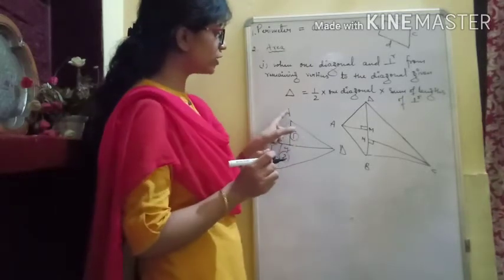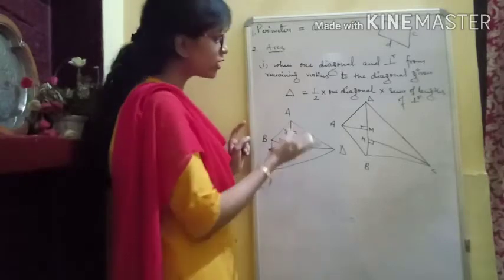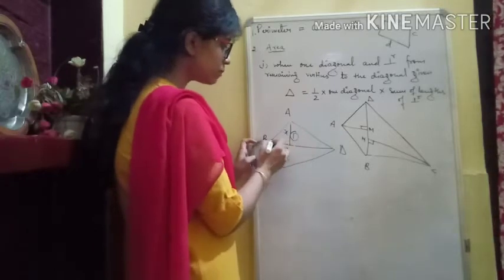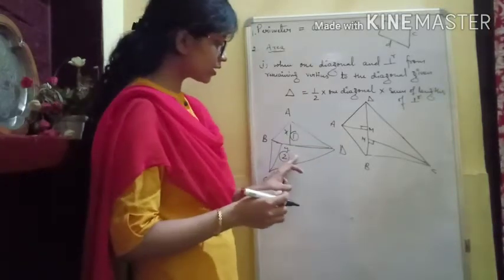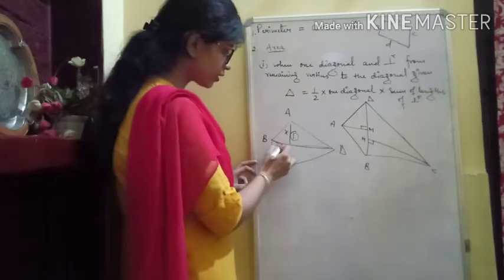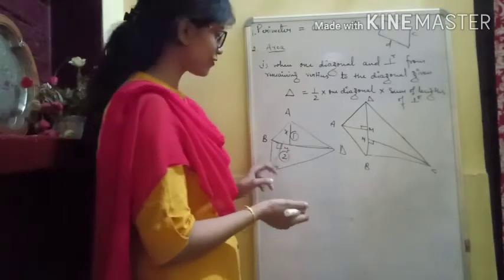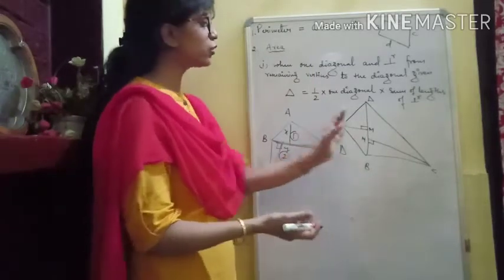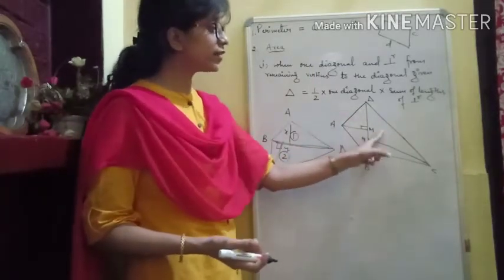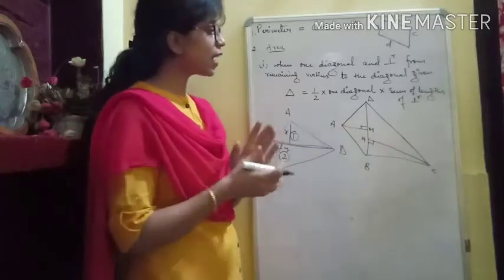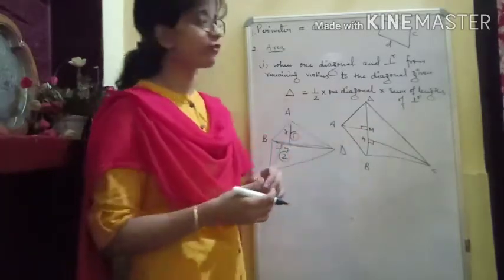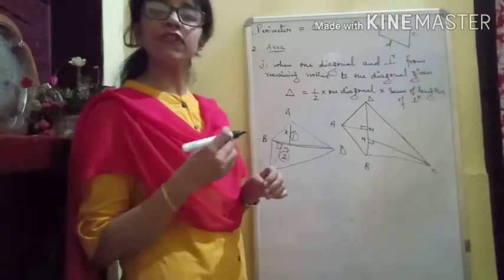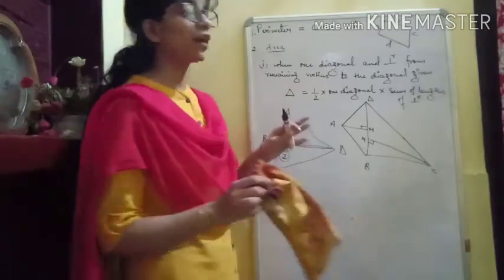So if you want to calculate the area of triangle number 1, you can easily calculate it, because you know the height which is X, and you know the base which is BD. Same with the second triangle, the perpendicular is given, although it is not looking perpendicular as it is not drawn correctly, and the base is again the same. So either you can divide them into two triangles, calculate the area and then add them, or you can simply utilize the formula, which is half into one diagonal into the sum of the lengths of the perpendiculars. That's how we have this condition given.